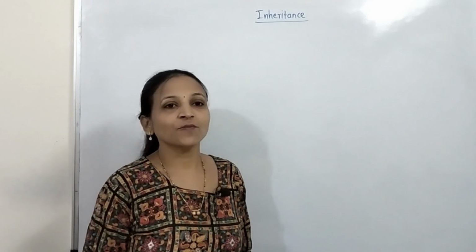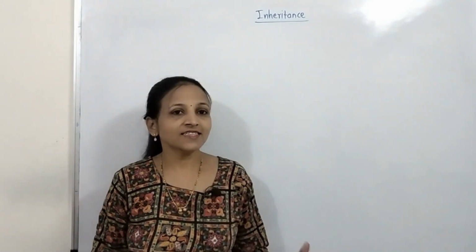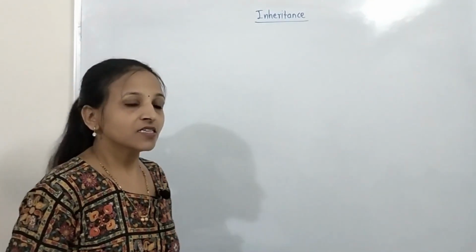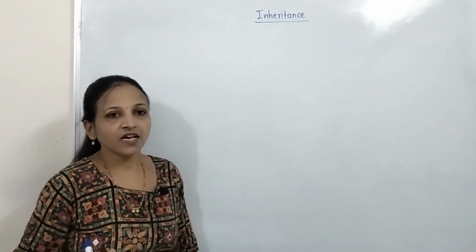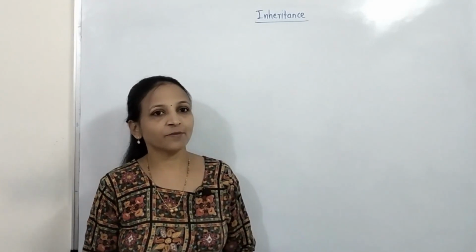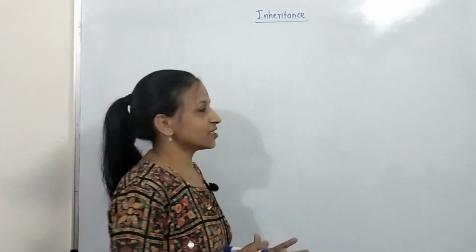Friends, in the series of learning C++ programming, in this session I am going to explain one example of multiple inheritance. What is multiple inheritance? If we are creating any derived class by using more than one base class, then that is nothing but multiple inheritance. The structure is like this.